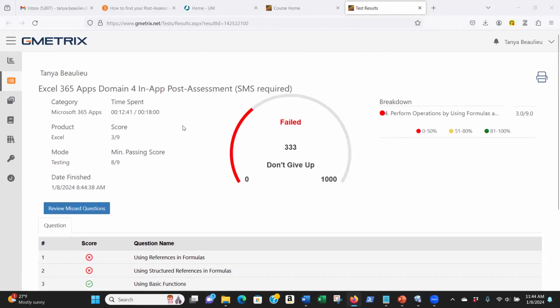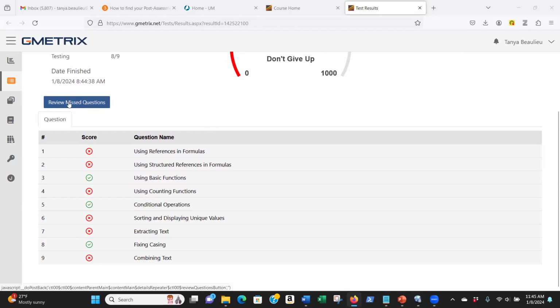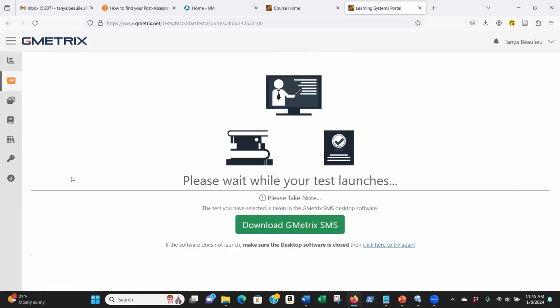Now, here's something that you can do that I highly recommend, even if you get your 80% or above, is always go back and review your missed questions. So if we click on this Review Missed Questions, let's just have a quick look here. It looks like I got 3 out of 9 correct. So if I review my missed questions,